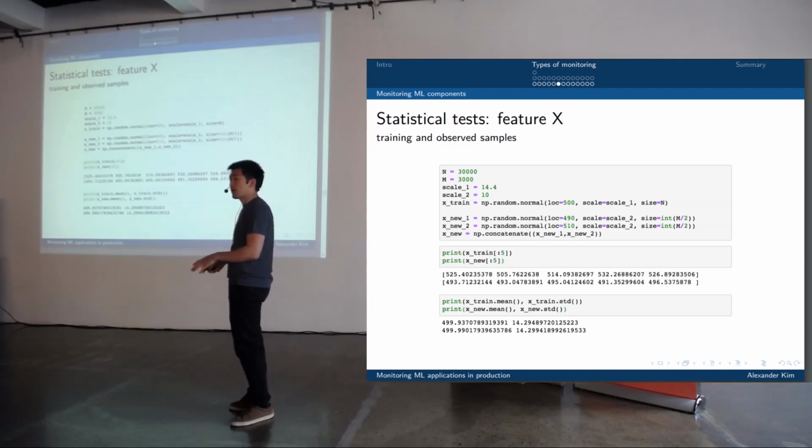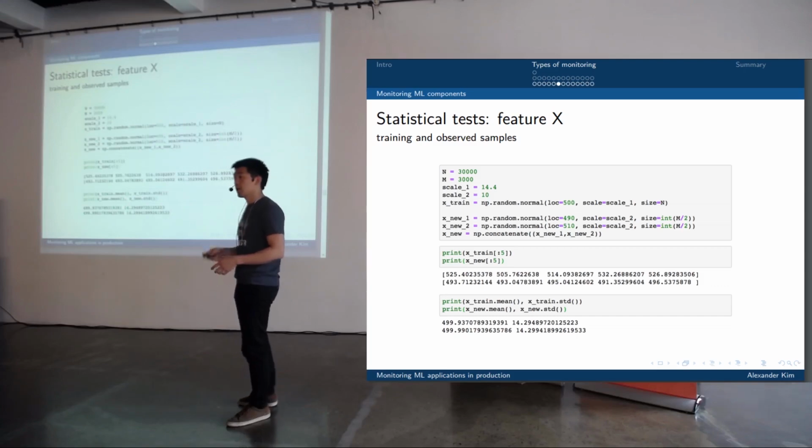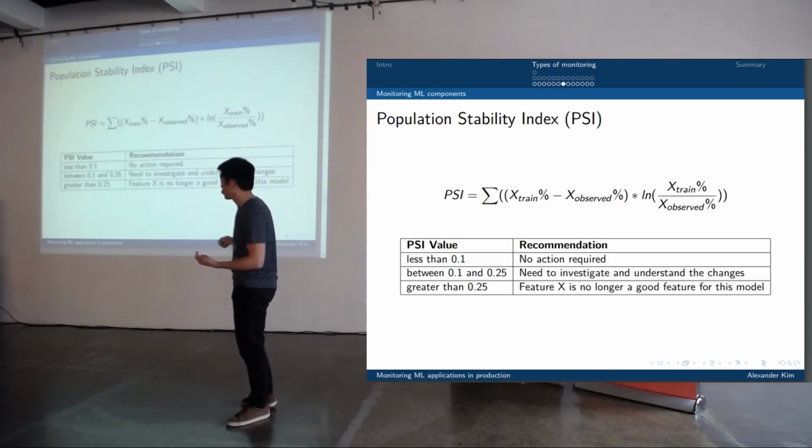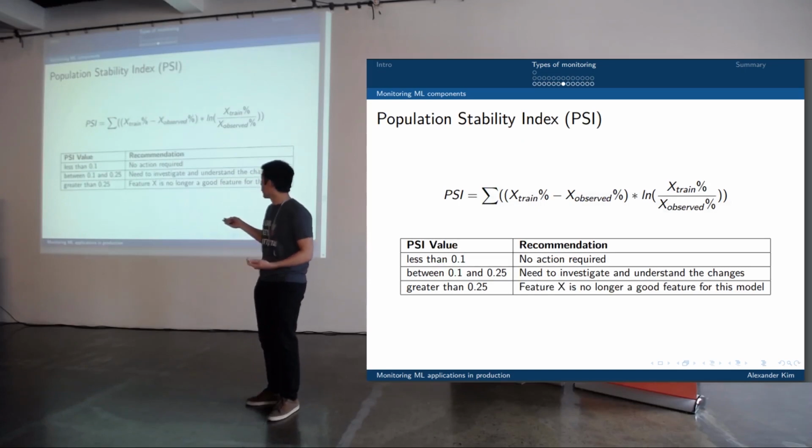If you just wanted to check if their mean and standard deviation is different or the same, it will be almost identical, so you won't notice any differences if you just look at these numbers. So for example, using Student's t-test, which is commonly used for A/B testing, will not give you any meaningful information. So what you might want to look at is population stability index, which is a thing